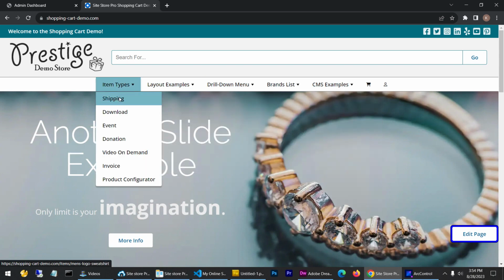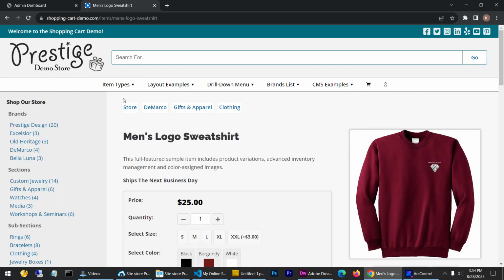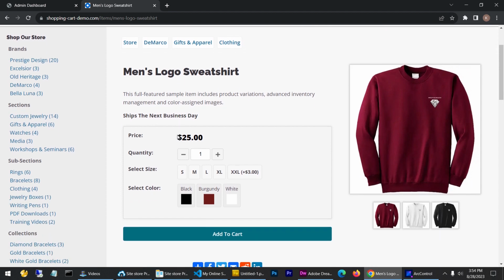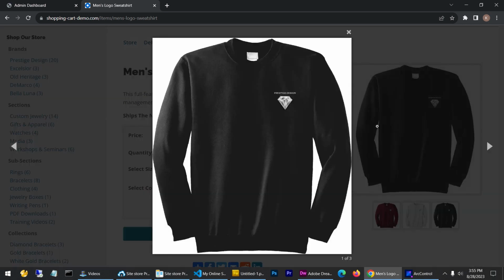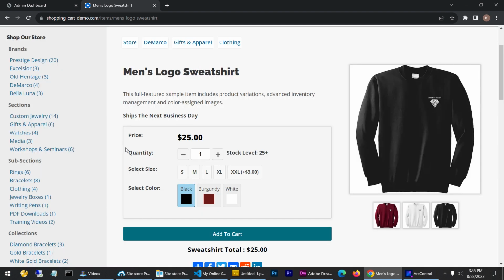to different content types and different features that are available in the SiteStore Pro application. For example, this is a shippable item, and this shows an example of how you can have different colors. The images will change obviously with the color. You can zoom in on the images. You can have sizes. This actual example item is a variant-based inventory where the item inventory level changes based on the option